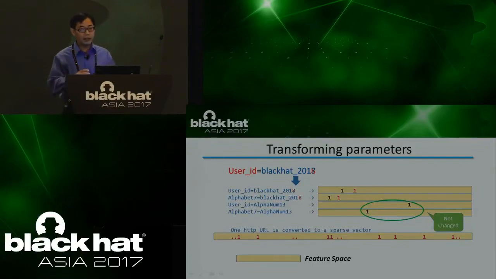The other 4 actually contribute 4. So the difference is 4 and the total is 8, so the distance will be like 50%. You may say, okay, these 2 parameters look quite similar, while the distance is like 50%. Since we can convert one parameter to 4 features, we can also convert to 6, to 10, whatever you want to do.